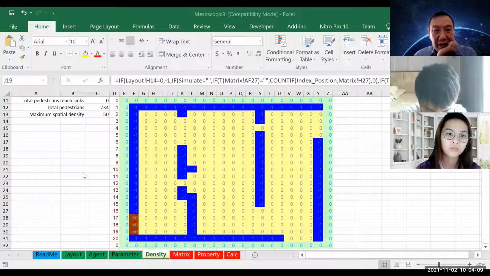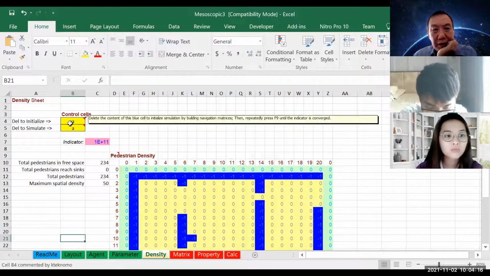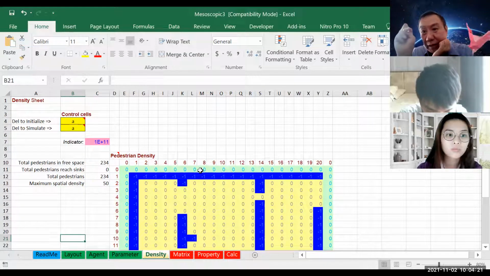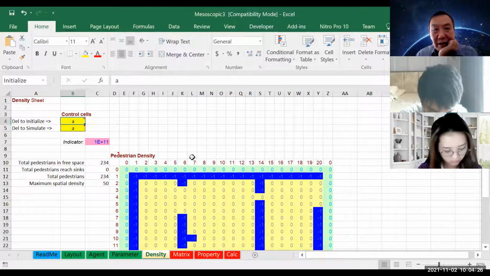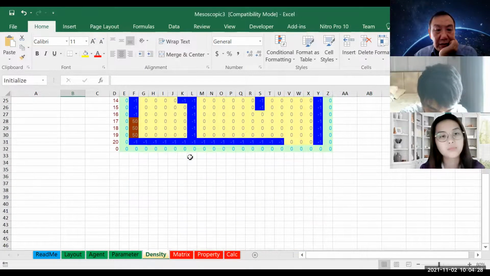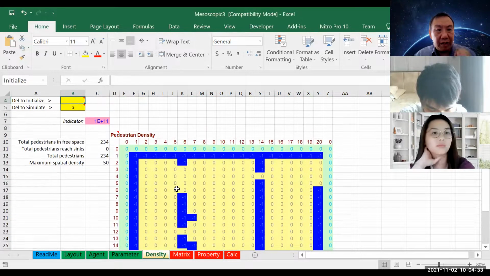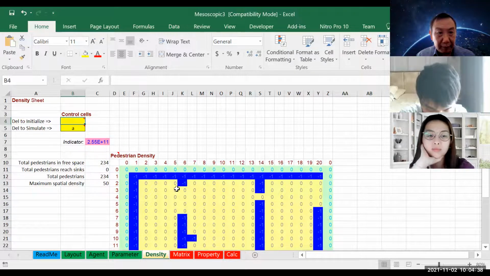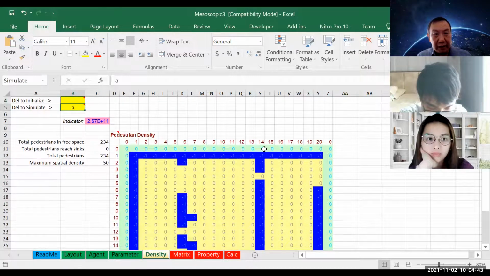Okay? And in this example, I'm not going to teach you this, but I use 2 control cells instead of 1. Why? Because I need to look 2 times. Okay. So in the initial cell, if I delete this, I will create what is called a navigation matrix. And now if I delete the second cell,